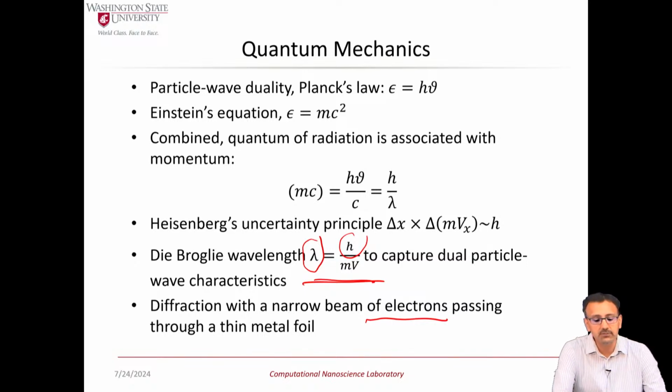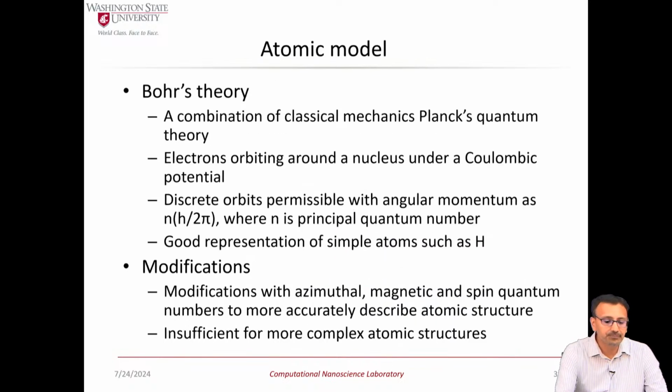And this was confirmed from experiments in the 1920s where a narrow beam of electrons was passed through a thin metal foil, a very famous experiment, and diffraction behavior was observed. So at that point, there was a lot of interest in coming up with a model for the atom, and the simplest model is based on Niels Bohr's theory for an atom such as hydrogen, which is